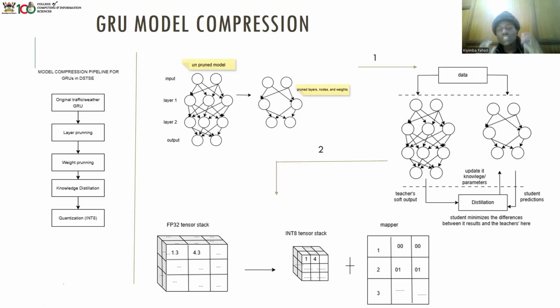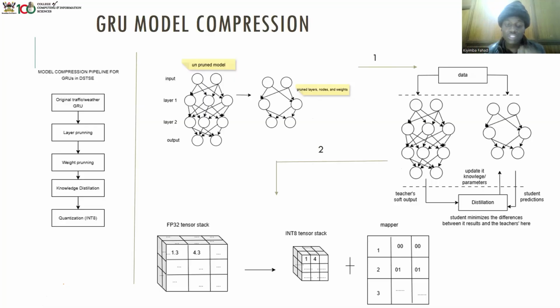Why we started with this is because this caused a significant change of structure. You get the point. So we apply the rest of the steps onto this already locked-in structure. That's why we went to distillation second, whereby we had to teach this small student with a teacher's knowledge, okay? After that, we submitted the result to quantization, whereby we changed the matrices or tensors from floating point 32 bits to 8-bit integers, okay? You get the point.